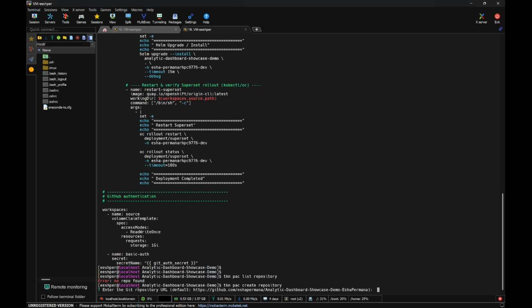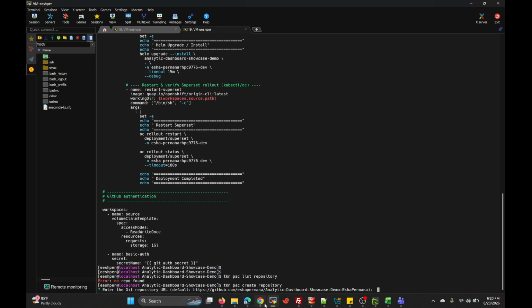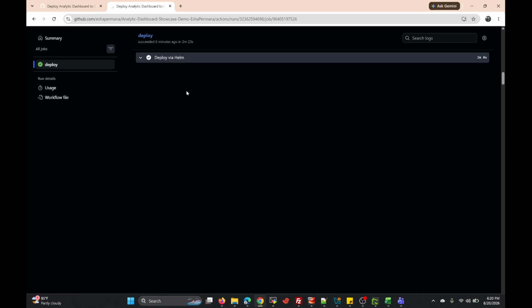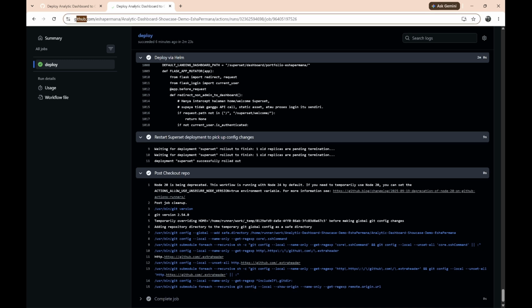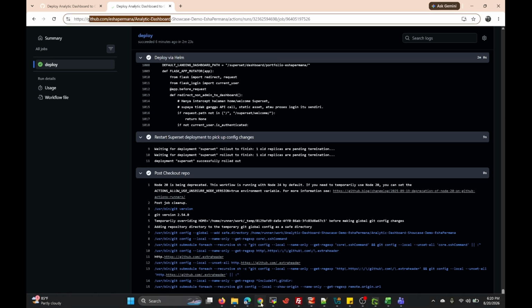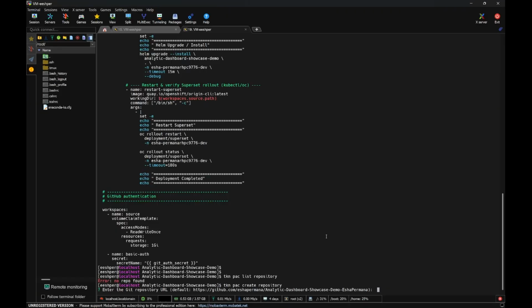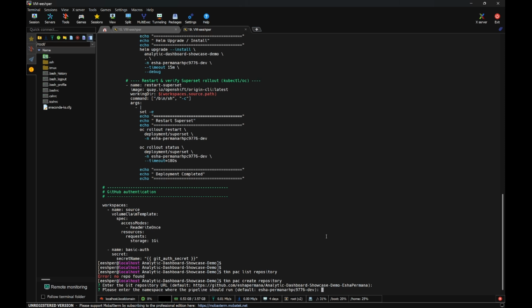Okay, you can enter the Git repository URL. Because this already exists, we can use default. And if this is the first install or first use of the repository, you can copy from this URL. Okay, just enter and please enter the namespace.